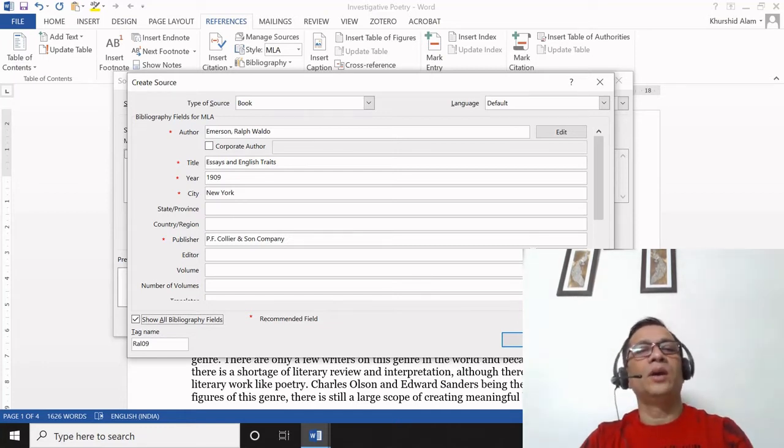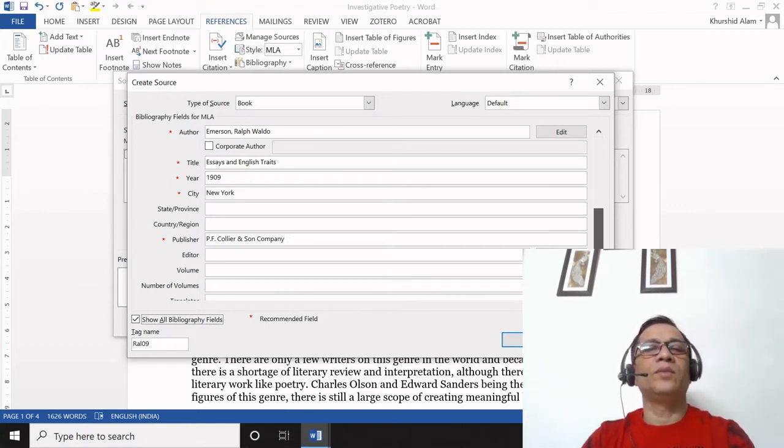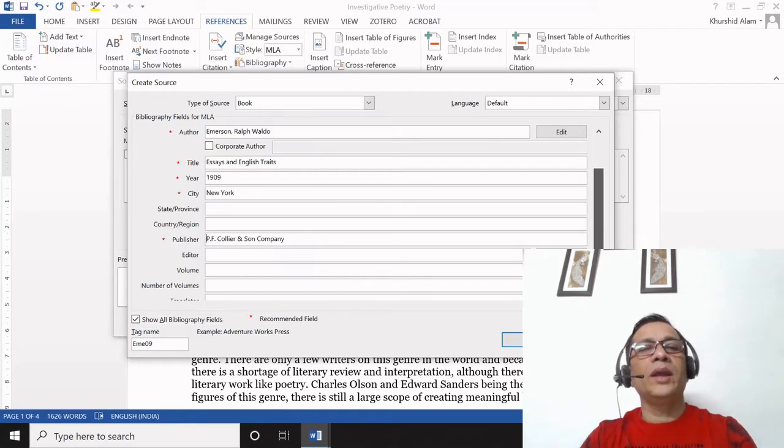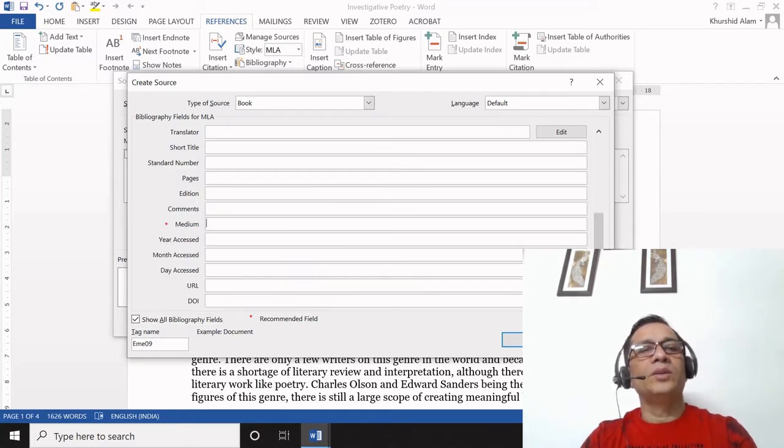If you have information for other fields, you can enter that information. Here I see that there is one additional field which I left out, which is mandatory. So I'm going to enter it as print. Click OK.